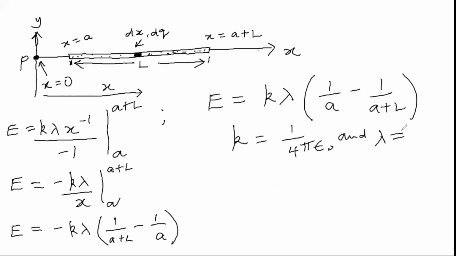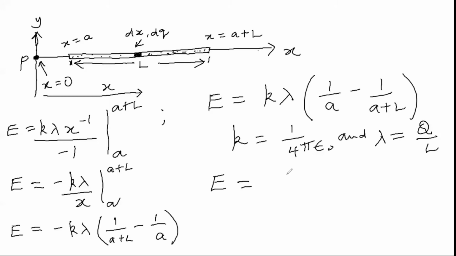This is the linear charge density. Since it is uniform, it can also be expressed as the total charge over the length, by definition. The linear charge density is the charge per unit length, so it can be expressed in that way. If I substitute these two things there, then the expression for the electric field that I get will simply be,